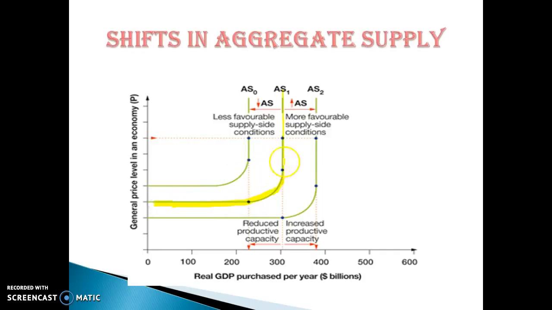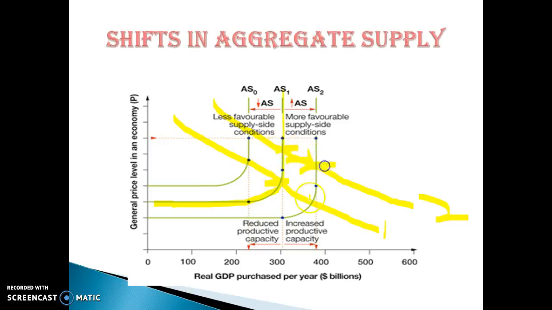Anything that's going to boost aggregate supply in the long term is going to shift it this way, and basically if we have aggregate demand going out like this, it allows us to meet that extra aggregate demand. So say aggregate demand went from 1 to 2, we're able to meet that with extra supply and not have excessive inflation. So rather than prices going from here to here, prices will only go to this point here because we were able to meet that extra demand with extra supply. So the important thing is the long-term ability to supply, our long-term productive capacity, our long-term real GDP is all dependent on our ability to supply in the long term. Demand becomes useless if we can't meet it with extra supply because we're just going to get really big